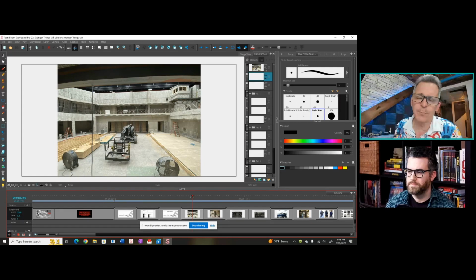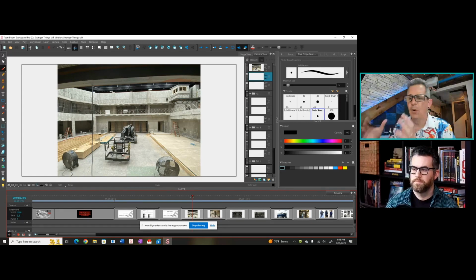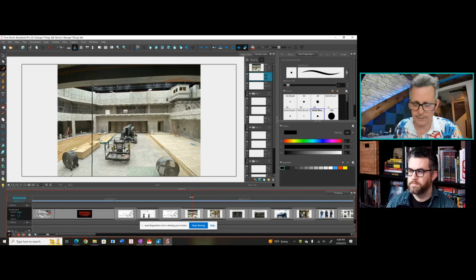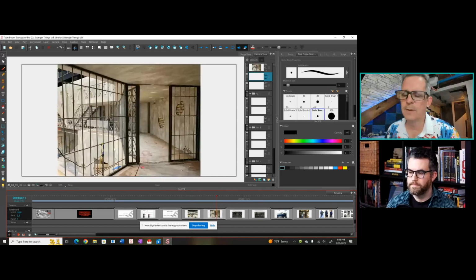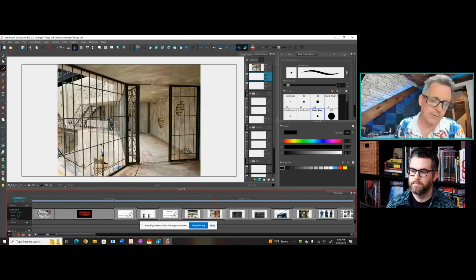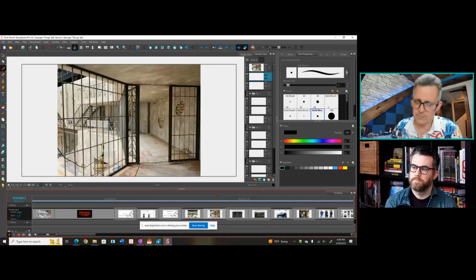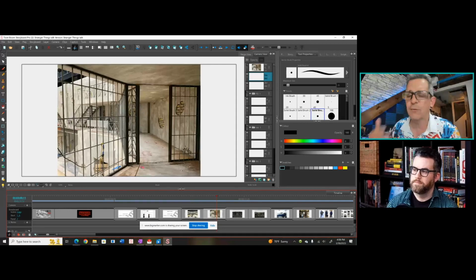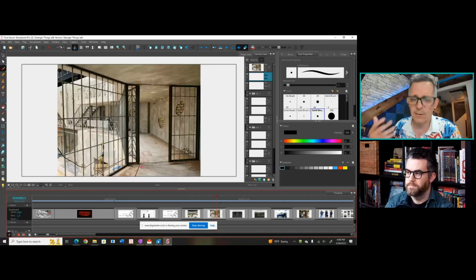Other times, some productions have a really good online database of locations and cast and wardrobe, stuff like that. I'll get online and download the elements that I'll need. And then there are times I'll walk with the director. Like once, as Nimrod and I were about to get started, he and I walked through this set. And he pointed out, all right, I'm going to want this angle right here. I like the depth. So at one point, we're going to have the camera here. So I'll take a reference photo and I'll use that. So again, I'm doing everything I can to try to get the director's vision as accurate as possible.